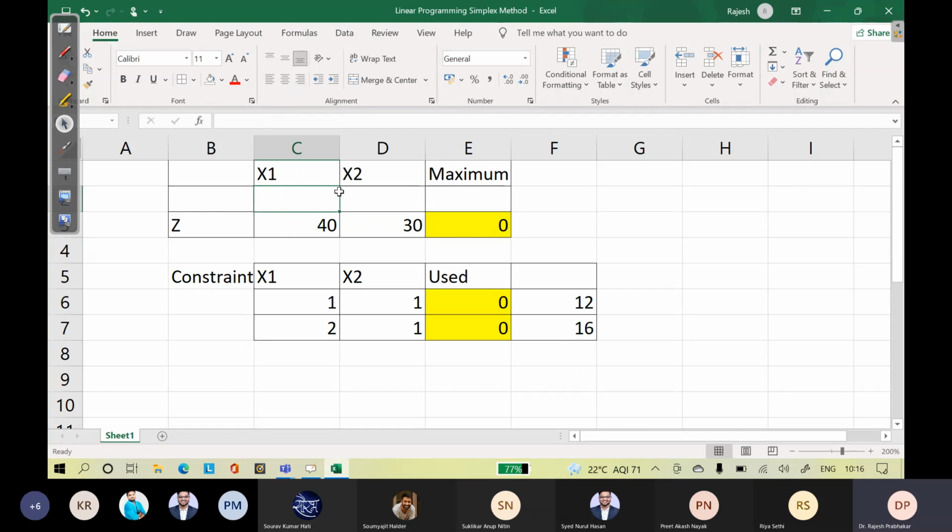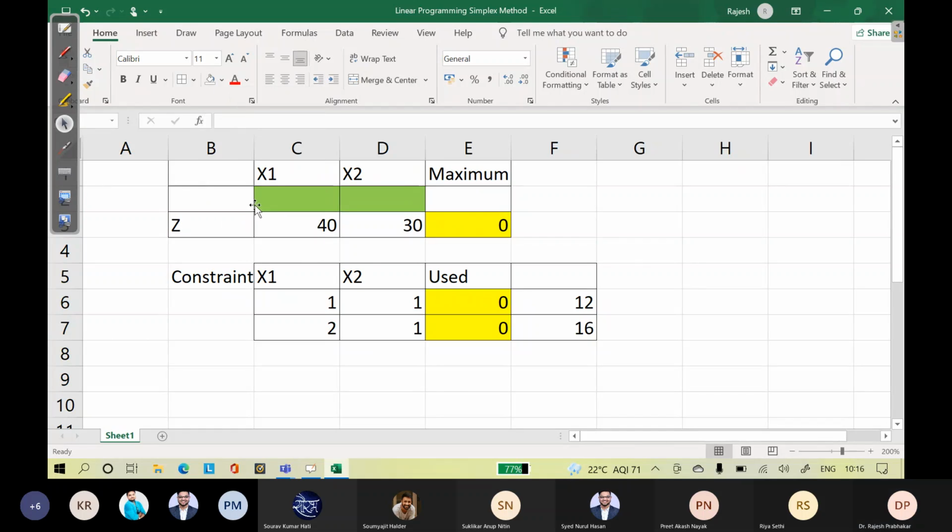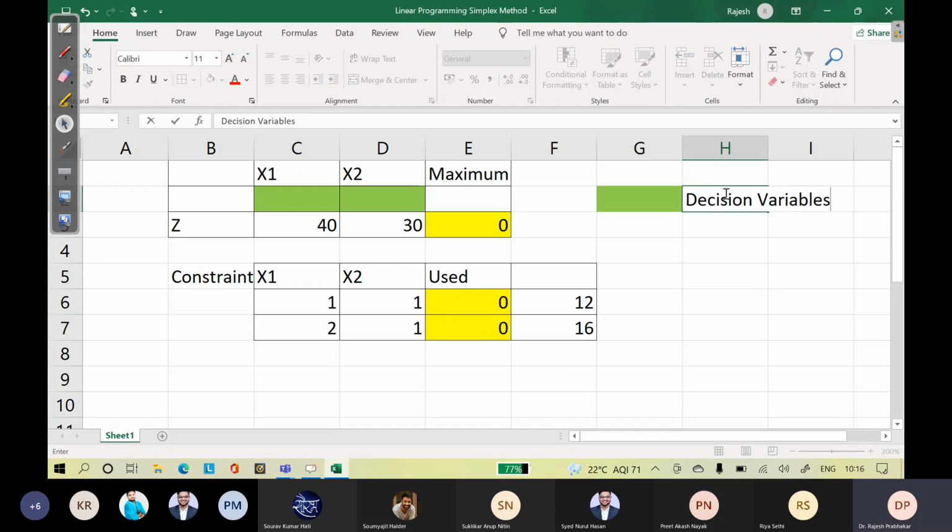Basically, what we have to do is, I'll put another color. The green color is decision variables. These are our decision variables. No formula there.